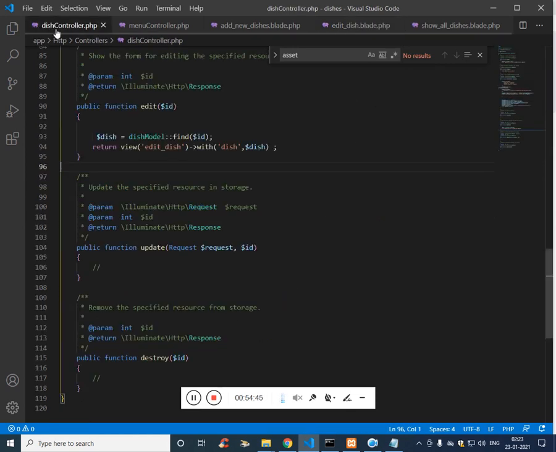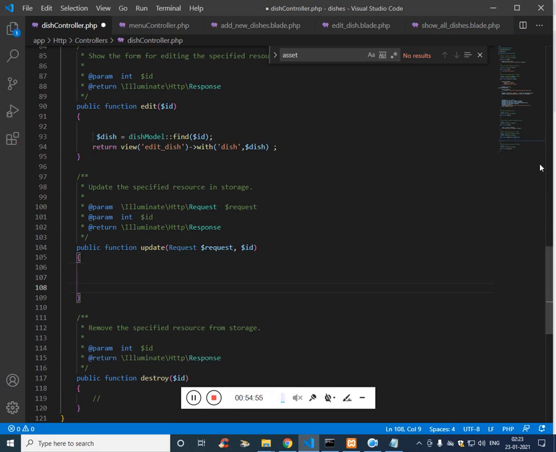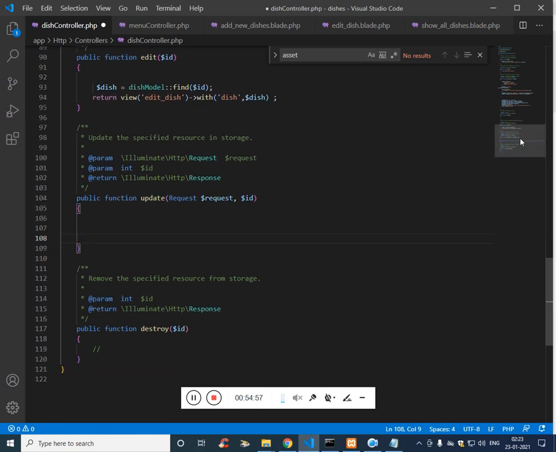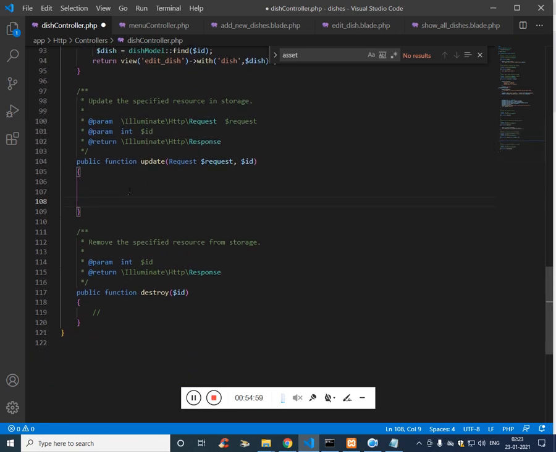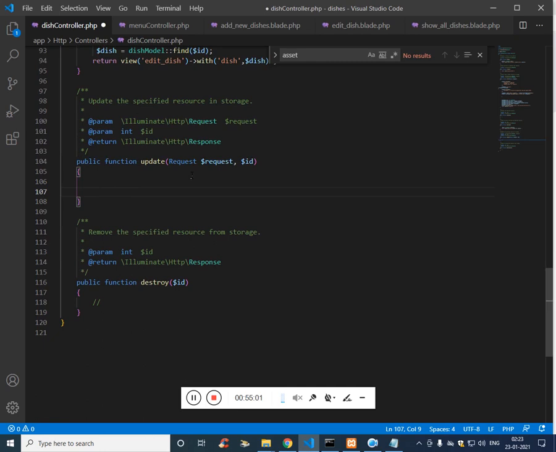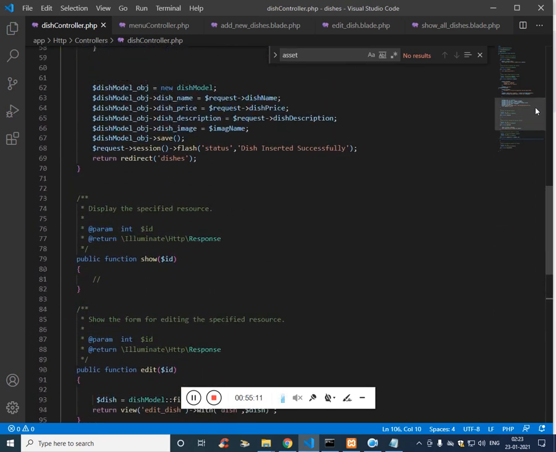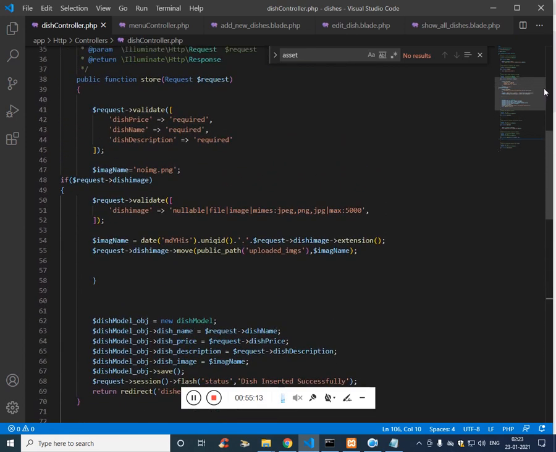The corresponding function here is update. So I just know it by the route list, which I have seen a million times, not a billion times, at least 100 times. So now if you see, the submitted value, we just going to get the same thing as we did for the store.